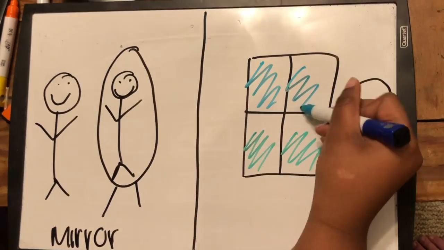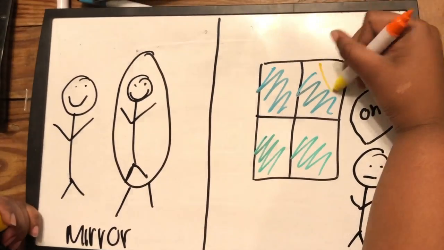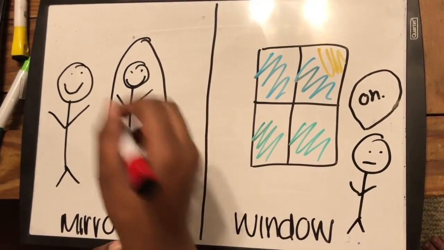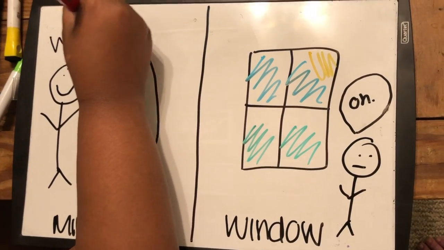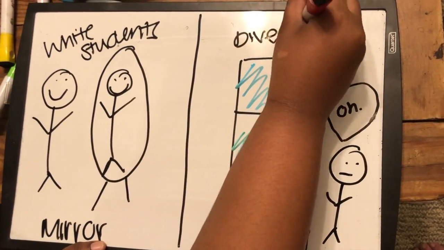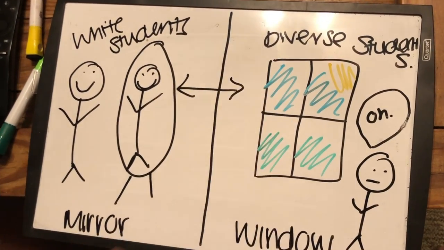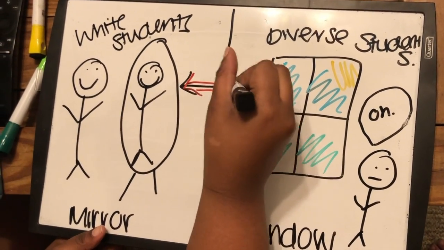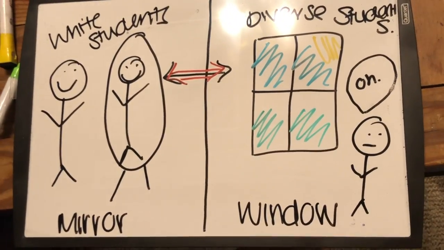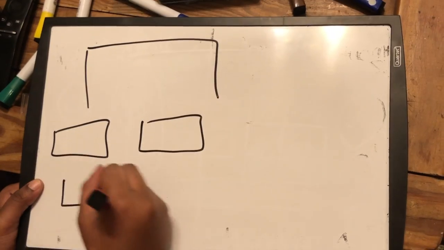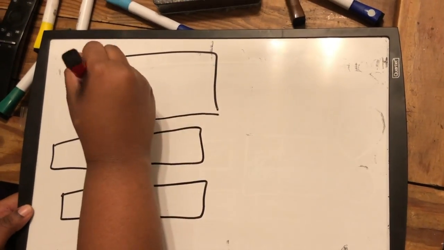Often for white students, they have a lot of mirror experiences, but for students of color or diverse backgrounds on multitudes of levels, they don't get to see their experiences represented. And by adding diverse literature into our classrooms, we can shift that. We can have students have mirrors and windows rather than just one or the other. By teaching our students about other experiences and other perspectives, we can move them towards being more empathetic people.